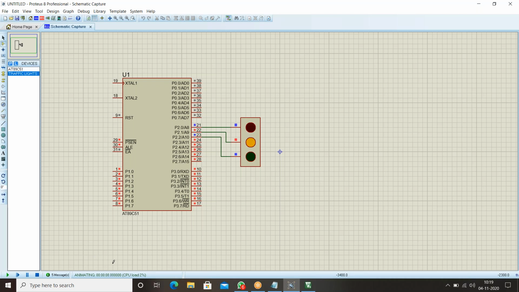It is executing, it is working, but practically, traffic lights won't work like that, right? Definitely, there should be some delay for red, and some delay for yellow, as for green. If there is a delay for every light, it should be reasonable. Then only we can call it traffic lights, right? So for that, we are going to pass arguments in the delay function. Let me pass the arguments here.